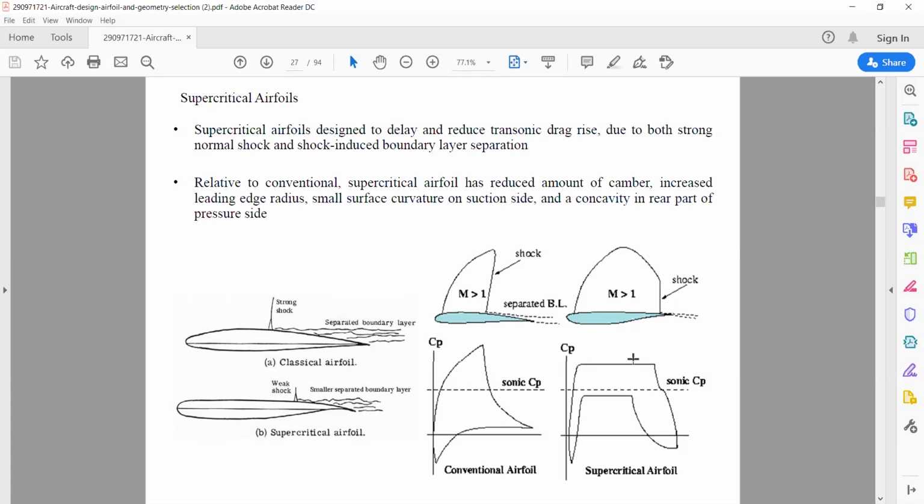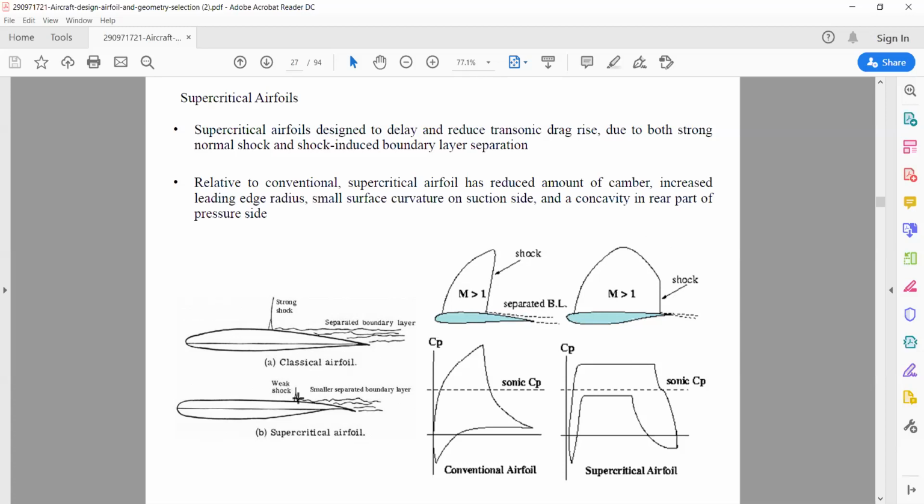This will sustain for longer, so the lift will be good for a longer time. Therefore supercritical airfoils are used to delay the flow separation. Always remember why: because the concavity is increasing at the bottom. But you can see here in this upper surface, the separation occurs at a very early stage. So this is the difference between the conventional airfoil and a supercritical airfoil.